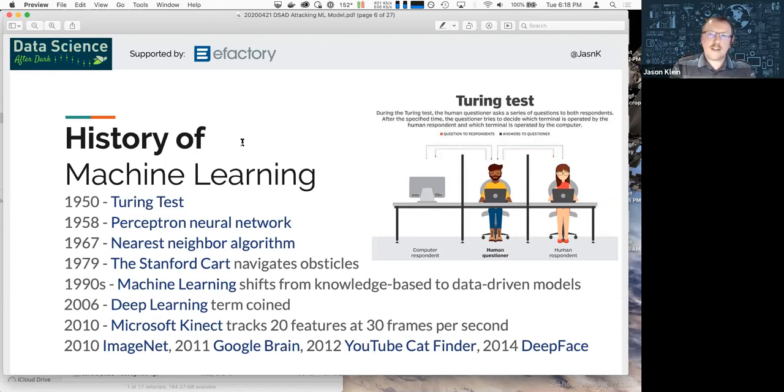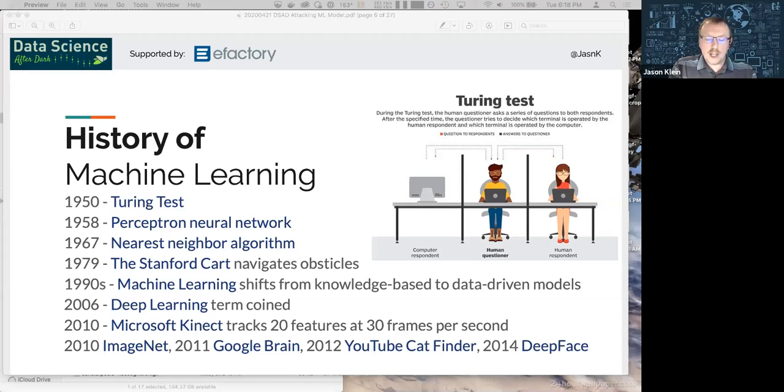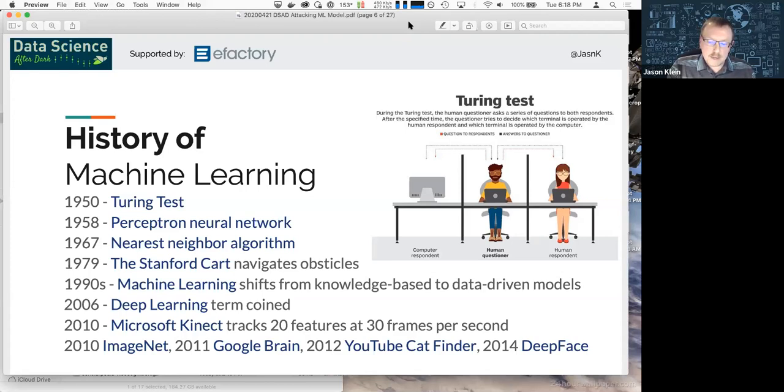For everybody that loves cats on the internet, you might be excited to know that 2012 was the year that one of the Google labs developed what I called the YouTube cat finder. It was a model that was able to scan through YouTube videos and fairly successfully identify videos that had cats, which in and of itself may not sound super useful, but the idea being that they were able to scan through videos and find information was pretty groundbreaking 8 years ago.